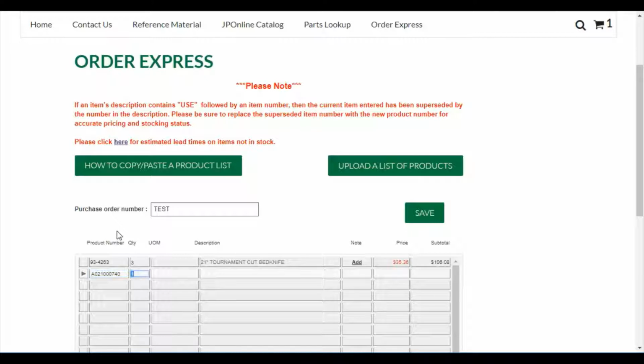A0210000740, hitting the Tab key, quantity 1, hitting Tab key again, and you can see the system functions the same way. It pre-populates a description, your price, and the subtotal based on the quantity requested. The only difference here is the description populated says use A0210000742. So what we'll do here is enter the new product number,